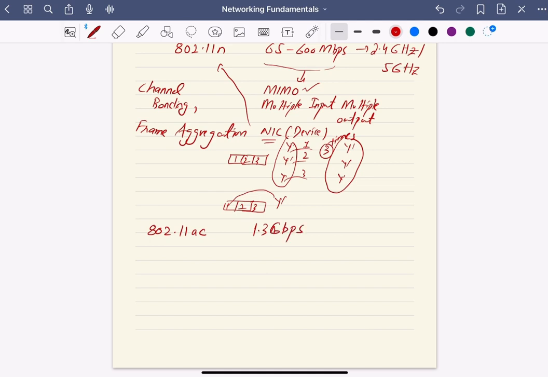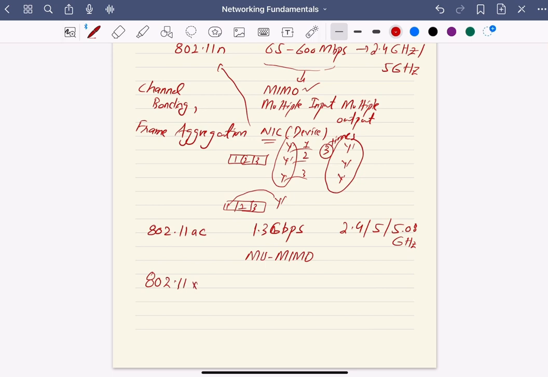Again, it operates on 2.4 gigahertz, 5 gigahertz, and even 5.08 gigahertz as well, which is of course one of the channels of 5 gigahertz. Here they use MU-MIMO, which is multi-user MIMO. Multi-user MIMO, like multiple users can also be communicated with the same signal strength. Then we have